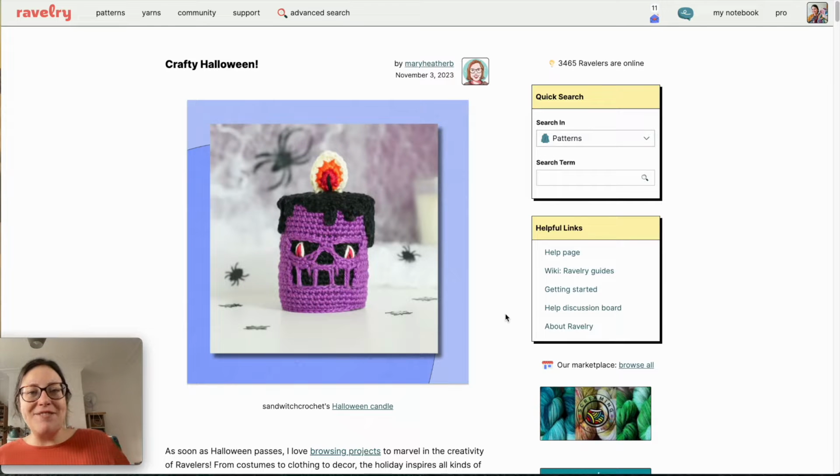Ravelry.com. You might have heard of this website before. It is an absolute treasure trove of information, inspiration, patterns and projects for any knitter or crocheter. However, as a new user, it's not the easiest website to learn how to navigate. I'm Em and I've been using Ravelry for 13 years, and in this video I'm going to show you some